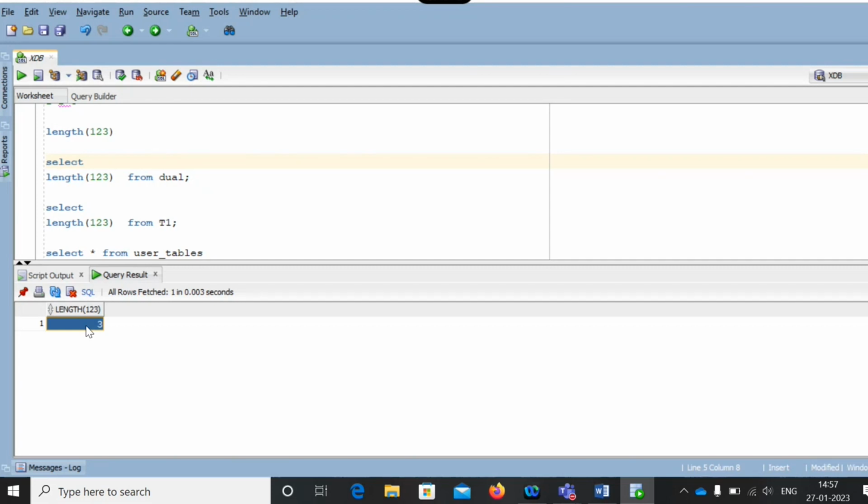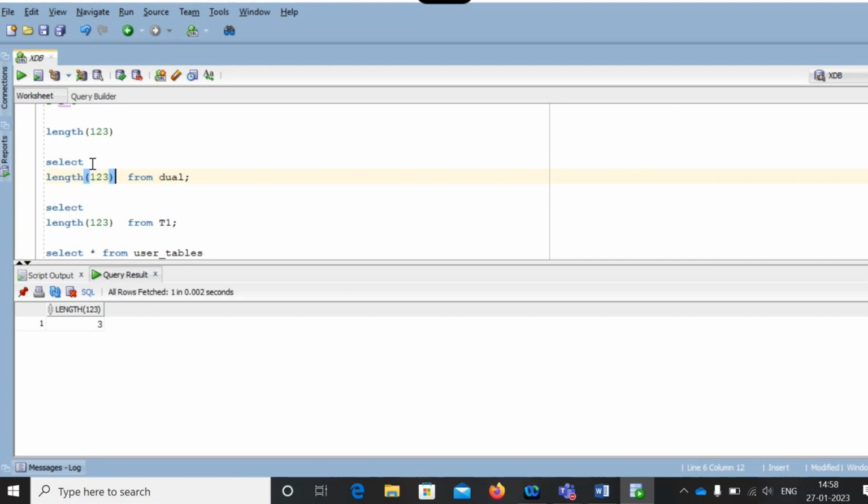See, the advantage of this table where we need to call the functions, where we need to do the expression callings, where we need to do the calculations. In such places, we'll use this dual table. It's a system defined table. Okay, so you may get an interview question on this. What is dual table? It's a system defined table. We cannot touch anything on that. We cannot do anything on that.